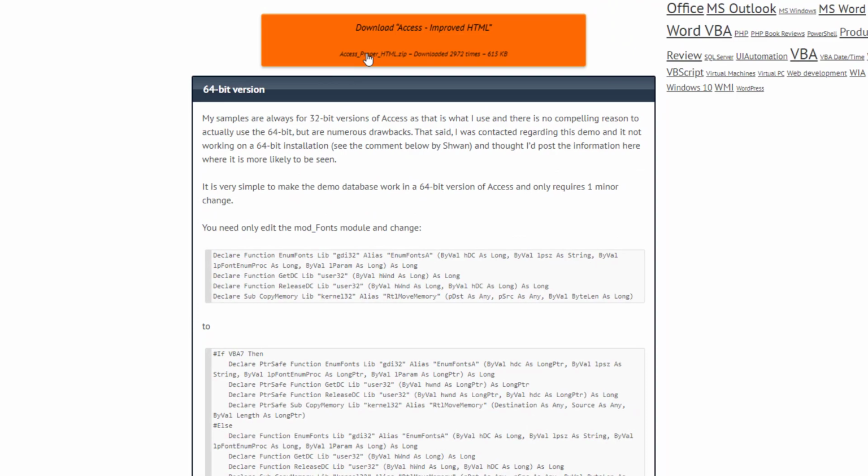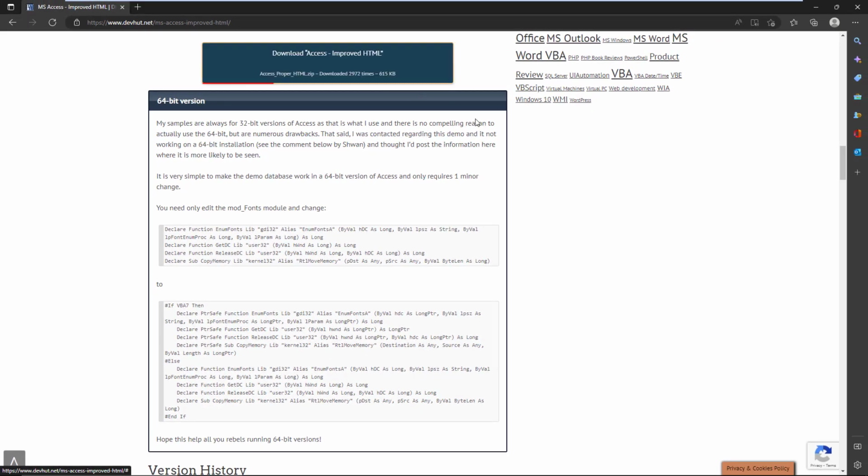Now, originally, when I set out and did this, I was developing in 32-bit. But as you can see here, I have a section that explains exactly what you have to do to make this 64-bit, or actually I use conditional compilation. So if you implement this, it'll run on both 32 and 64-bit. If we download the file,